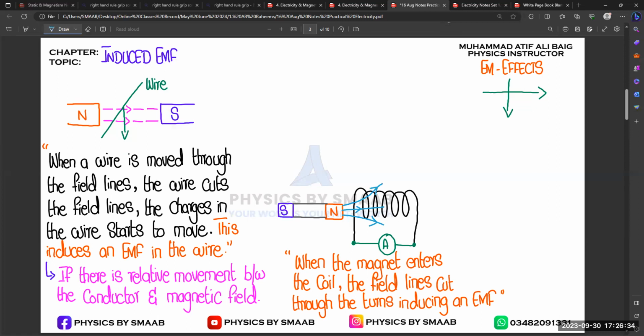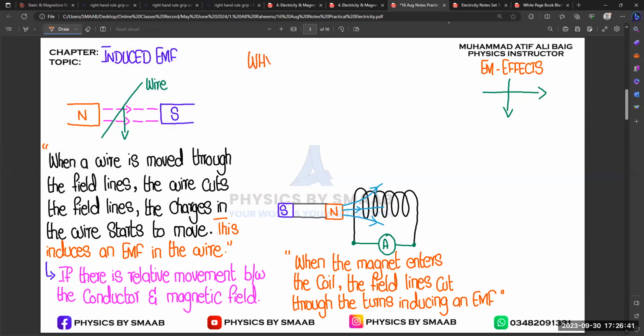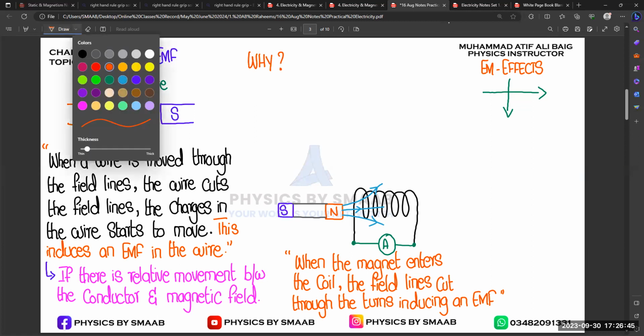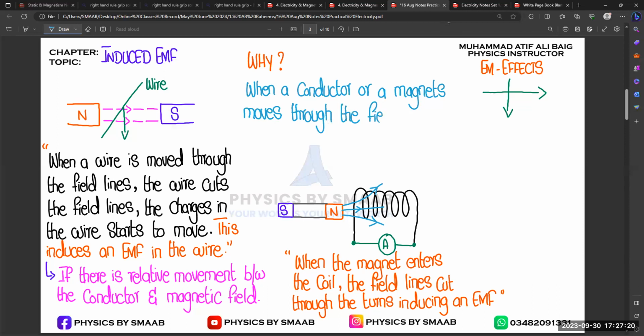So basically, if we talk about the reason why this actually happens in your situation, the reason is that when a conductor or a magnet moves through the field, like the wire,